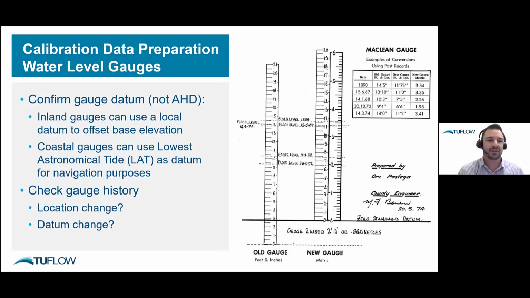I think I've come across this last one in about 50% of the different studies that I've calibrated to, and that's where historically a gauge has either changed its location, so the agency has moved it, or alternatively the datum has shifted to correct for, I don't know, maybe shifting from imperial units to metric in Australia or for some other reason. So it's important to look back through that history whenever you're using this data, because if you don't, you're checking against false data sets, I guess.